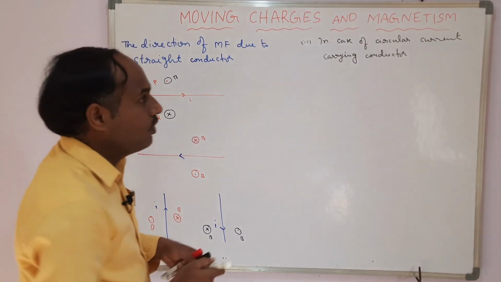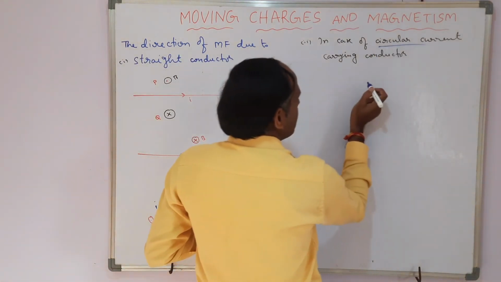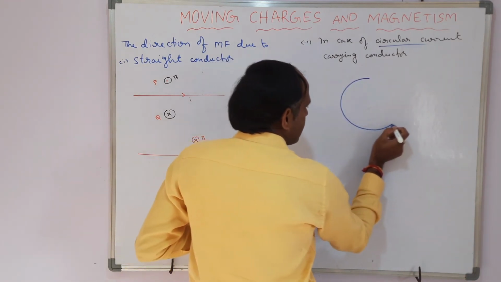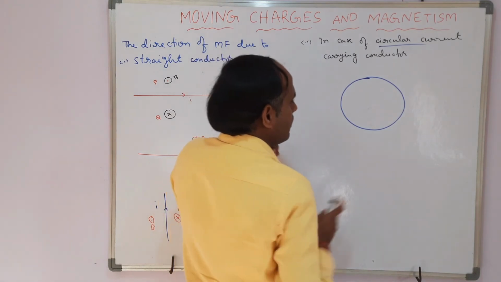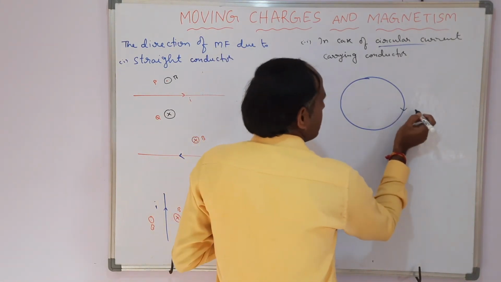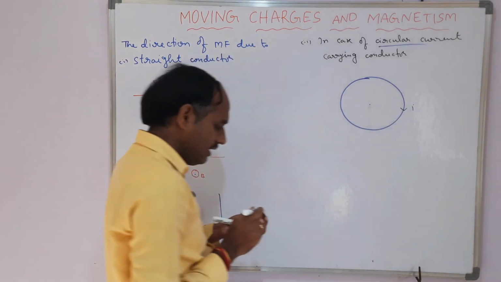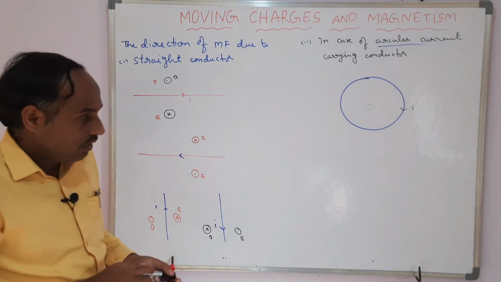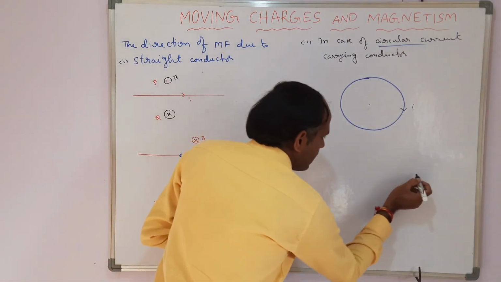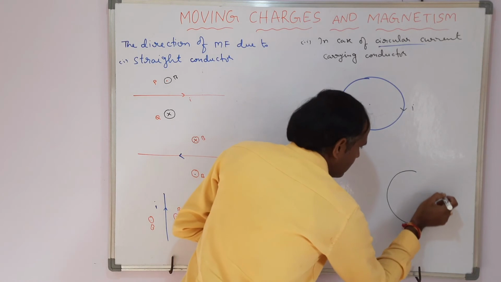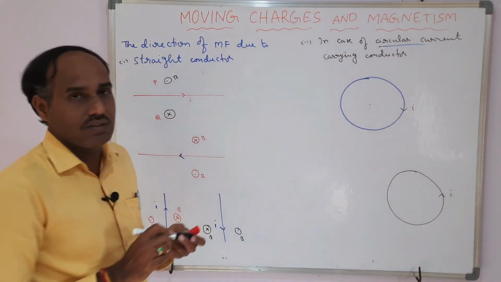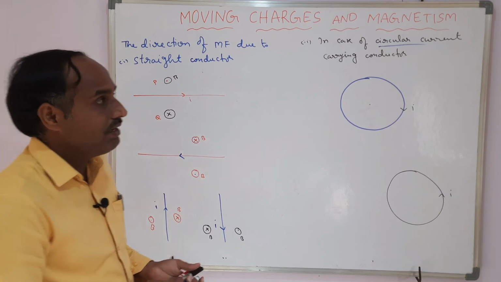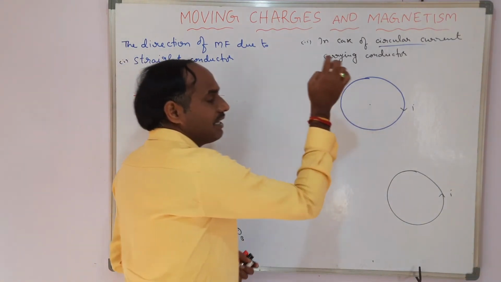Now I am coming to the circular current carrying conductor. Sir, this is the circular current carrying conductor, and here the current is supposed to be in a clockwise direction. Or you may take another example, again a circular current carrying conductor, but the current is in an anti-clockwise direction. Now our intention is to find the magnetic field produced at the center of the conductor,